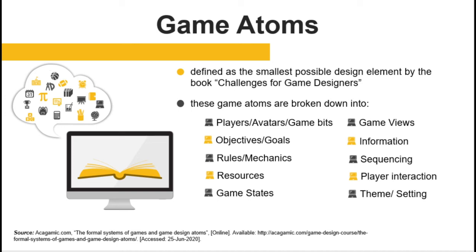Objectives or goals, often referred to as missions or quests, are like a task list for your players telling them what they should be working toward. Rules or mechanics. In games, mechanics determine how something works, much like game rules do. They are about the possibilities for the players that will change the game state. Rules are the most defining quality of games. The following are general properties of rules: to limit player actions, explicit and unambiguous, shared by all players, fixed, binding,